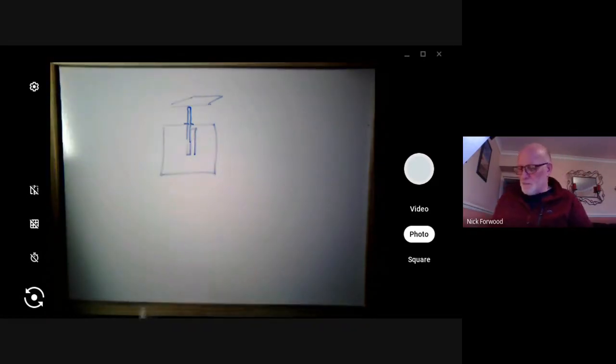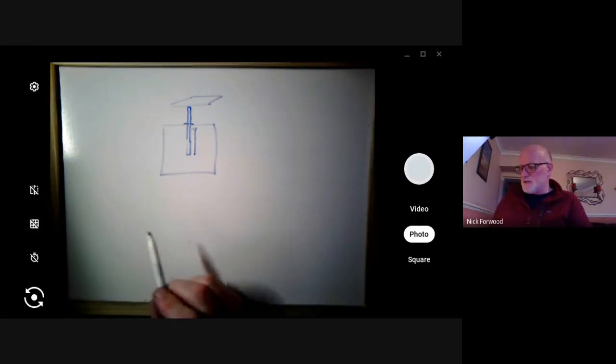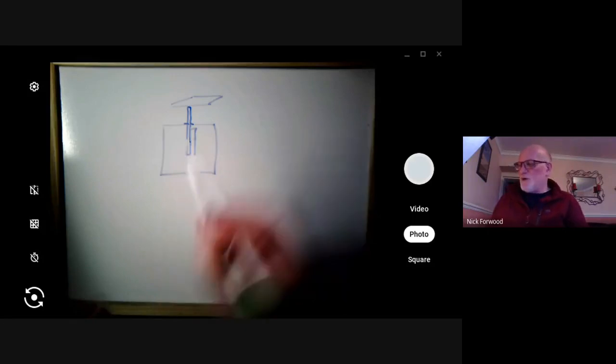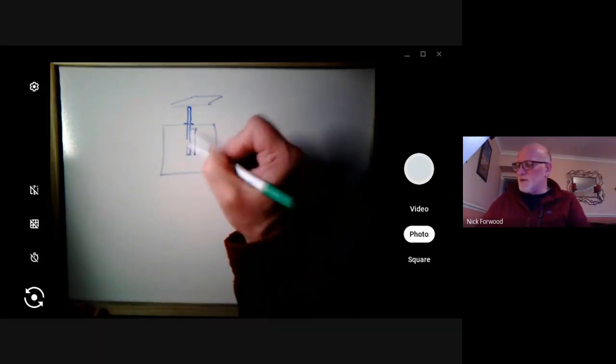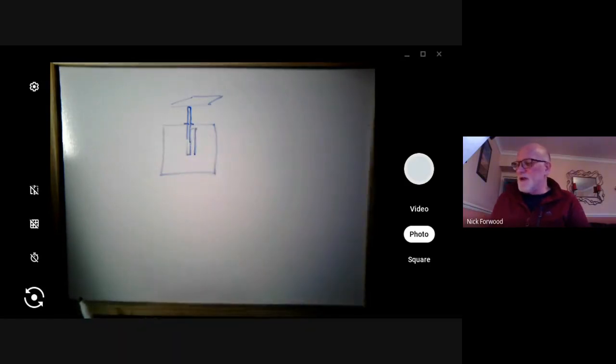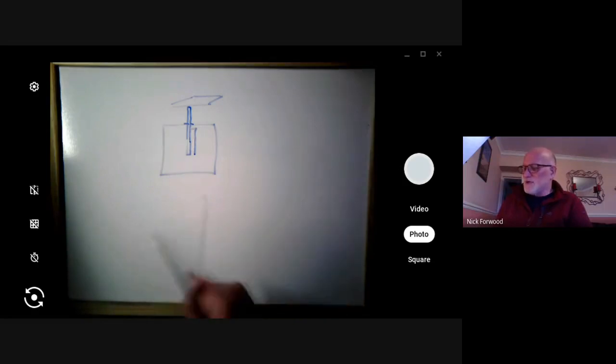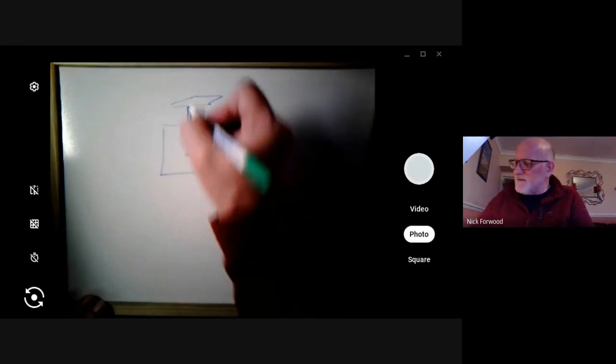Okay, so what we want to do is there's two charges. You know that we can get a positive charge and we can get a negative charge. This experiment only works if this metal plate and the gold leaf and the rod inside are negatively charged. Now, what does that mean? That means that there are too many electrons. So you take your balloon, you rub your balloon on your jumper, or you take the plastic rod and rub it on a piece of material, and you transfer a negative charge